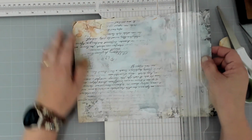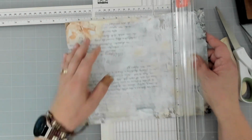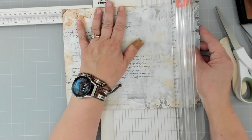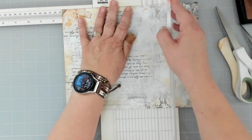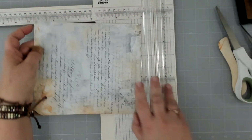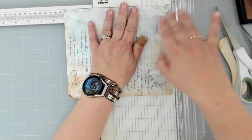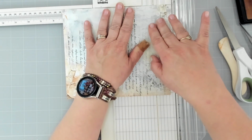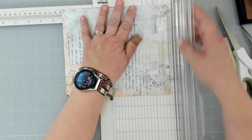So I'm going to cut this at 7 1/4 inches wide because I had it 7 1/2 before, and that's a little bit too big. So I'm going to just cut it there. So I'm at the 7 1/4 mark, and then I'm going to cut it 7 1/4 the other direction, which is going to work out really well because of all the script here, which I love. So 7 1/4 by 7 1/4. Okay,